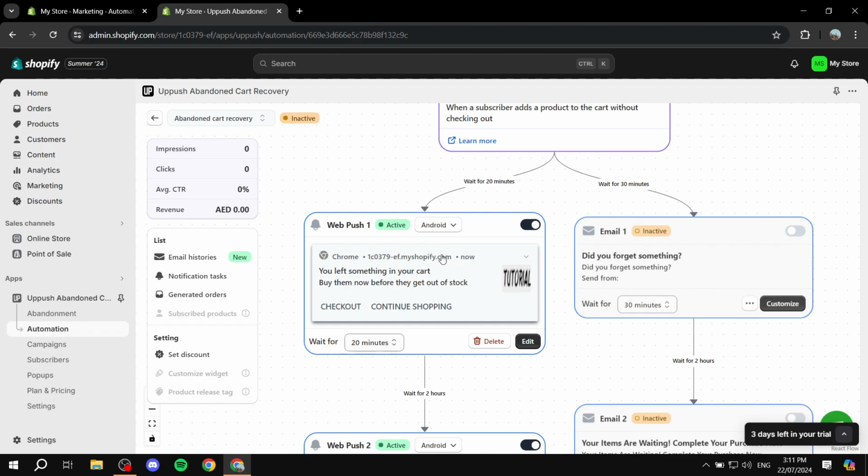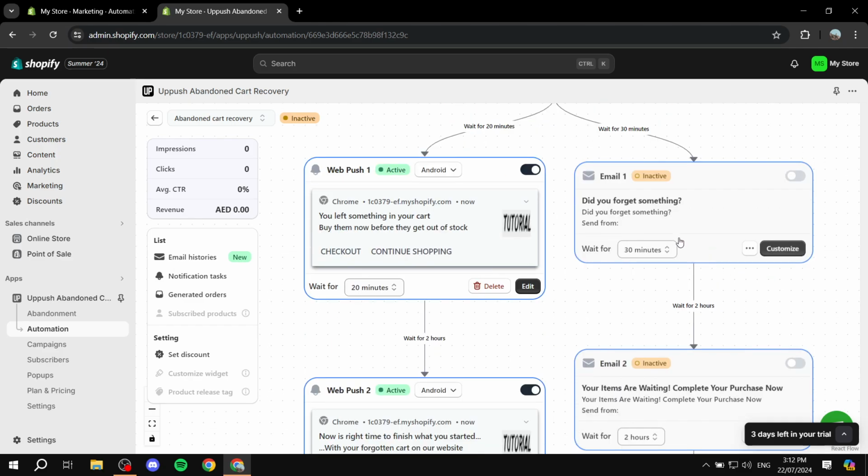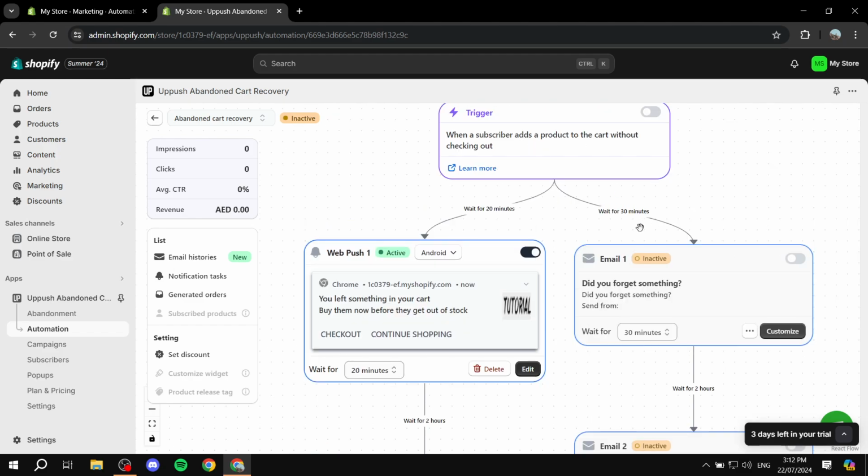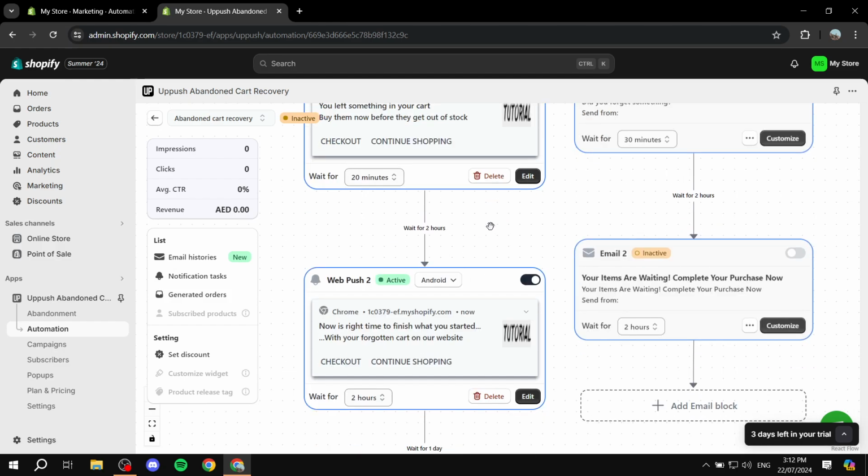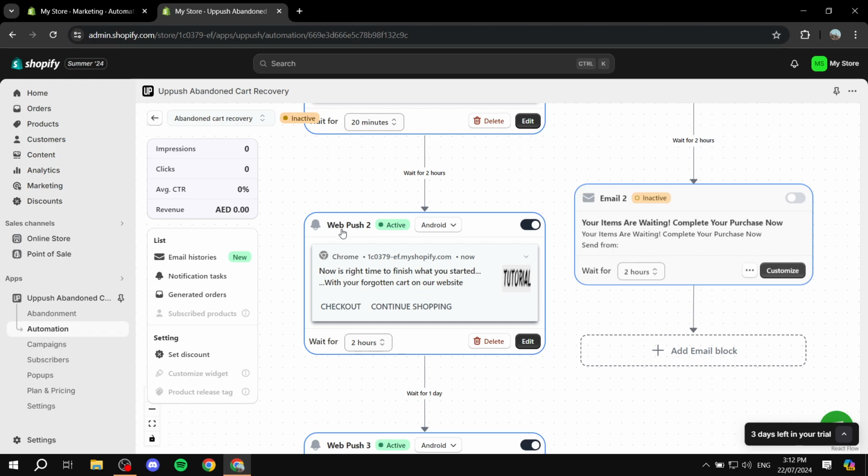And this is going to be the push notification. And then the email is going to be, did you forget something? And then it's just going to obviously entice them. And you can simply customize it, which I will show you in a sec. And then we can see here, this is going to be 30 minutes later, and this is going to be about 20 minutes later. Here we have wait for 2 hours, which is going to show the next web push